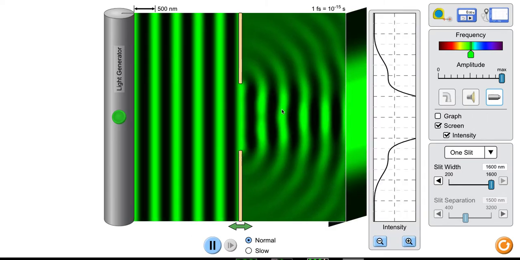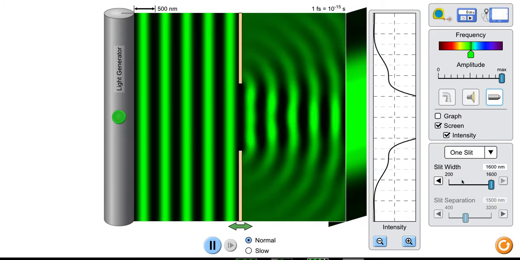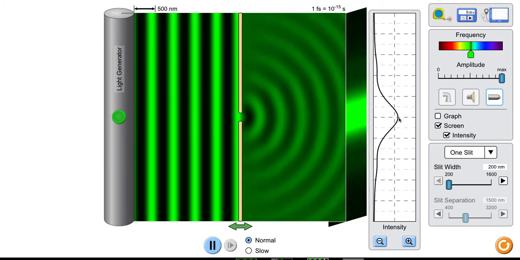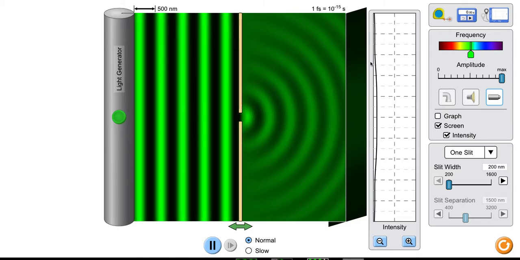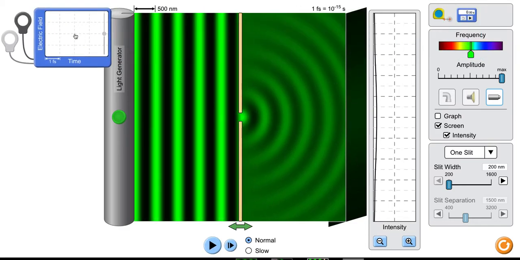And if we throw our screen and intensity in there, you can see that it really only hits at one point. And over here, you're getting this decay, this odd looking shape. And as we bring this slit in, it gives you a really defined system here, but a very spread out or diffuse light. And so we're going to take our electric field sensor. One thing I want you to notice first is the wavelength does not change. The wavelength is the same over here and the same over here. And ideally, the slit should be about the same size or smaller. Smaller than the wavelength gives you more defined